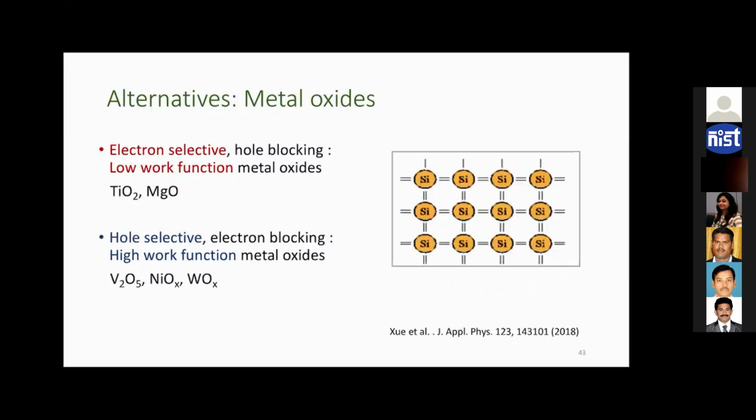And what about the passivation quality of these metal oxides? Actually, as long as the metal oxides are amorphous, their passivation quality is excellent. Why am I saying this? Because the more amorphous the material is, the easier it is for the material to passivate the dangling bonds. Why? Because on the surface, due to the crystalline nature of the silicon, the atom positions are fixed, right? Even if there is a missing silicon atom at the surface, just below the surface the position of the silicon atom is fixed.